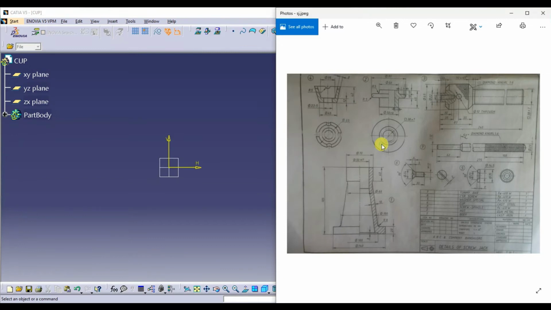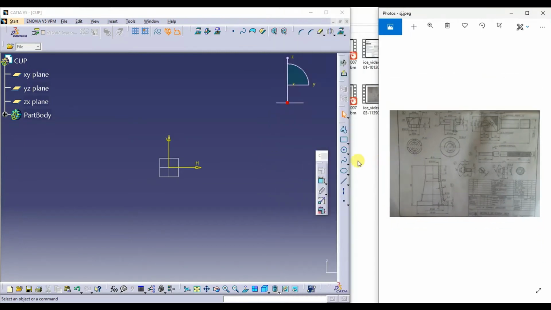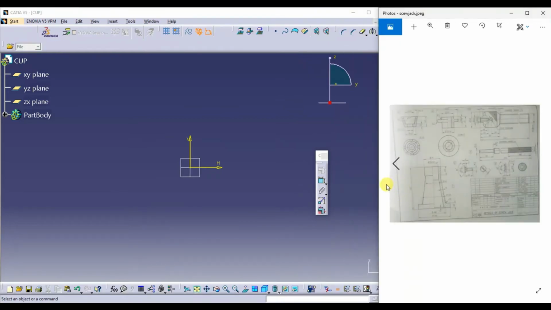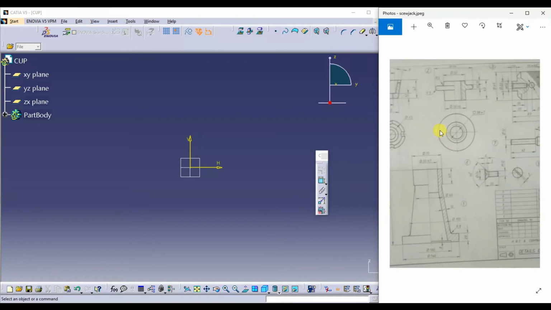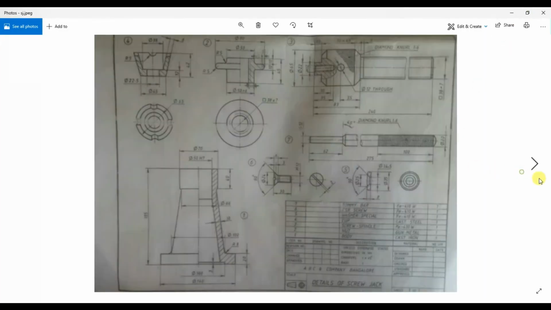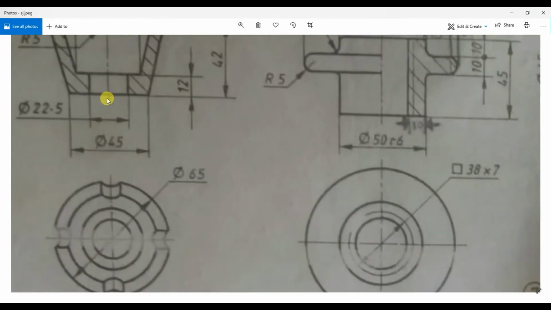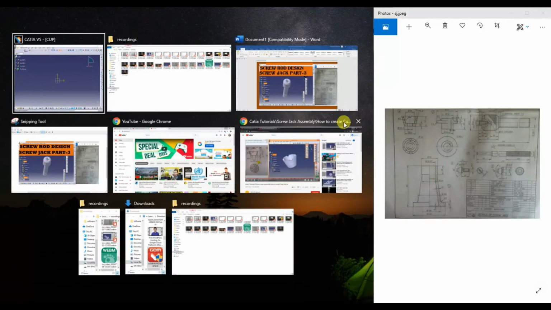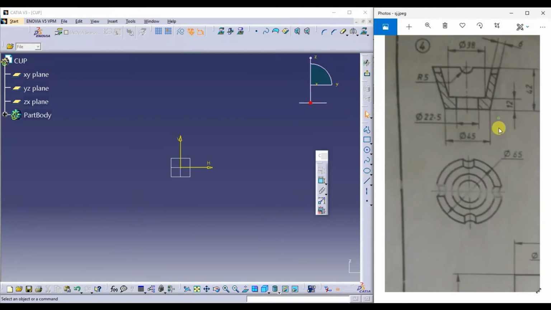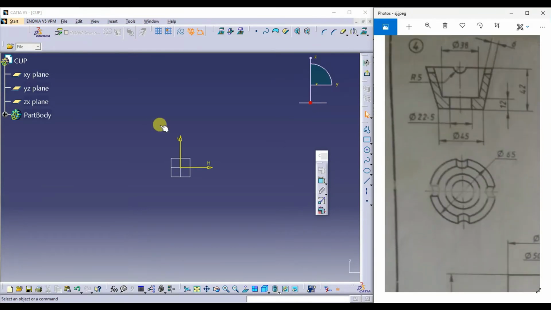I'll go for the sketch. I'll draw this profile.